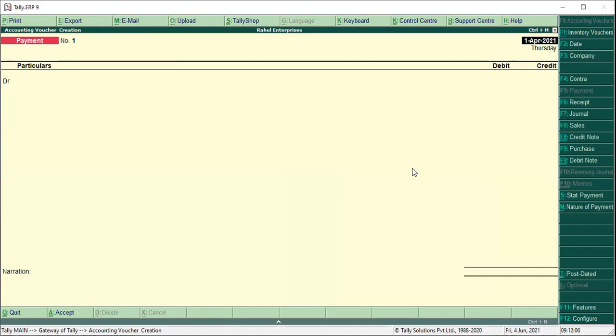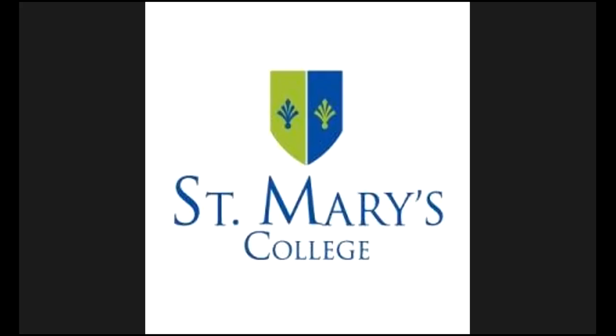I'll take the roll numbers. A section roll numbers serial wise.